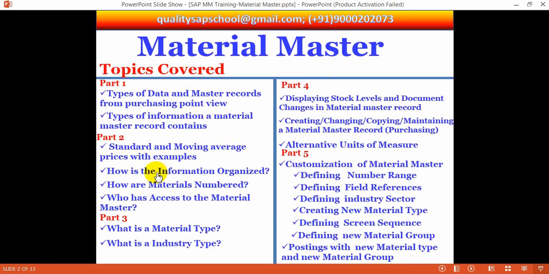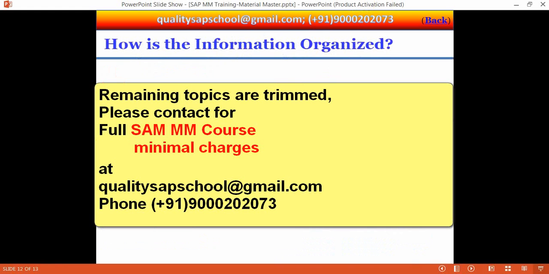Now, how is the information organized? Material data is always organized in the same hierarchical fashion as